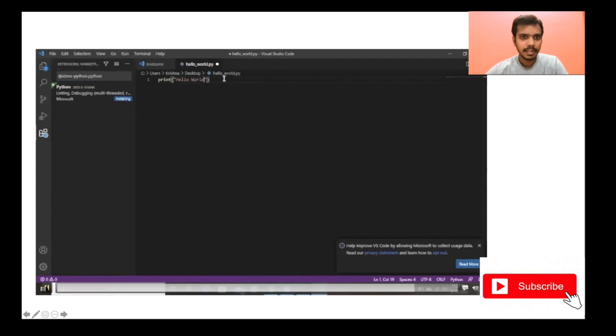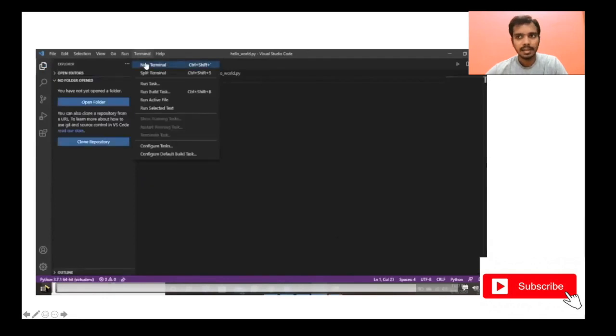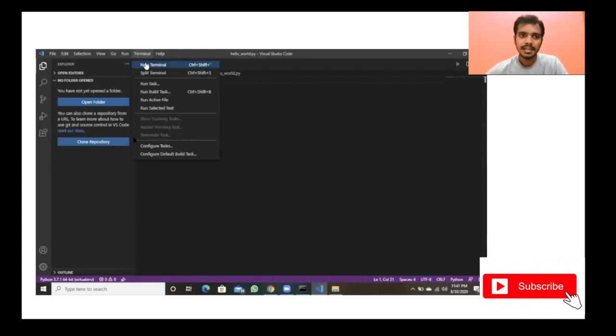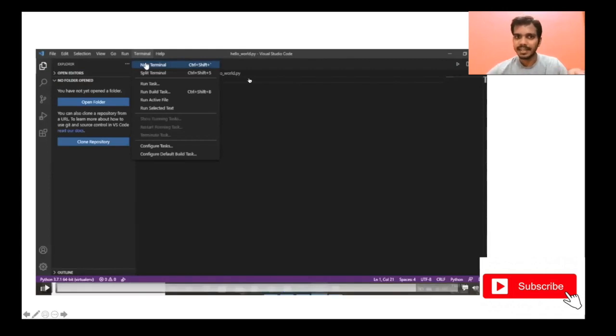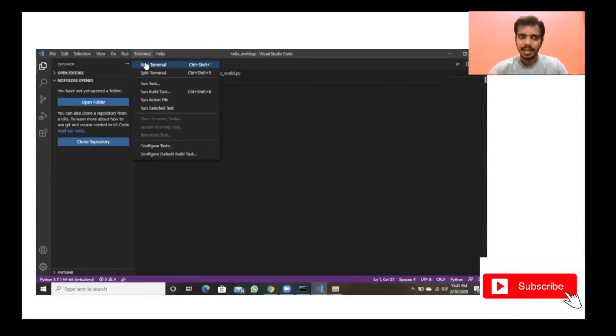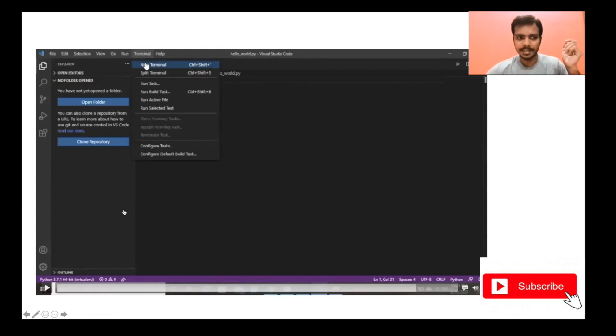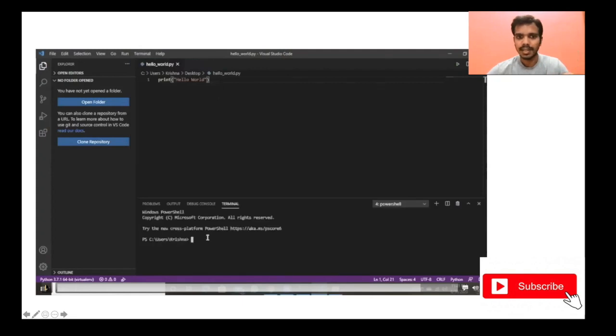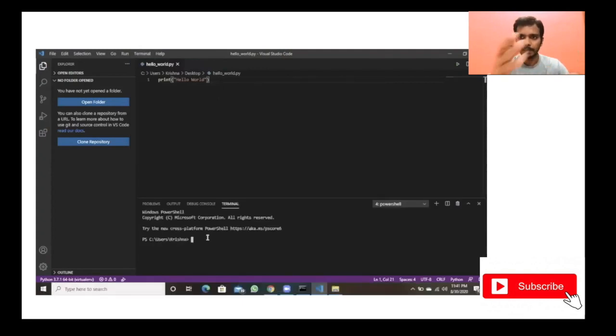Now, how to run this program in the text editor? There are different ways, but I am telling you one of them, because this will also help in running any program on your terminal. Let's say you have saved a program in a file, then you can open your terminal. In Visual Studio Code, at the top, you see Terminal. Click on New Terminal. After clicking on new terminal, you will see a terminal below the code. That's quite useful, right? You can write the code at the top and there's a terminal at the bottom. You can always run the code.